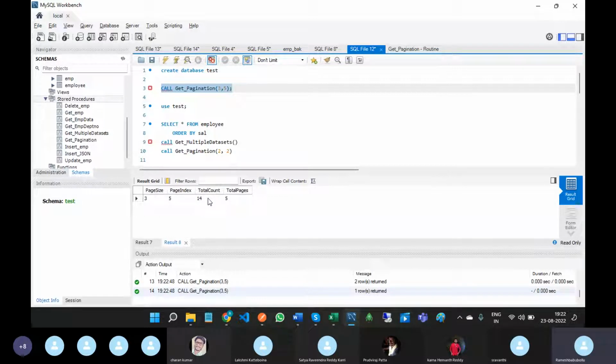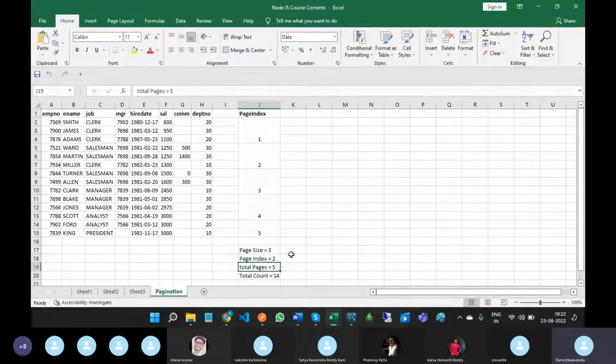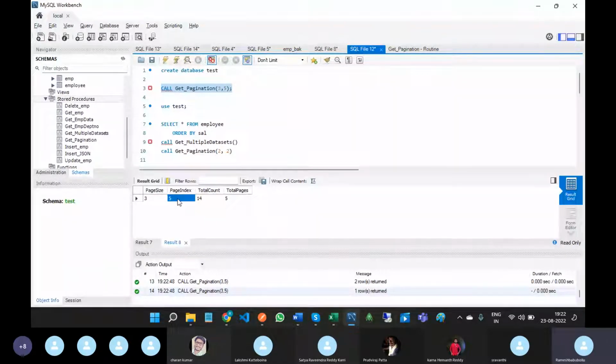See, 3, 5, 14, 5. That means total number of pages is 5. Total count will be 14 records. And page index, we have given page index 5. And page size is 3. Okay. So these are the parameters we have to give to the API. Okay. And we will start to